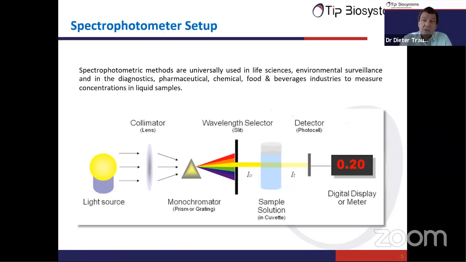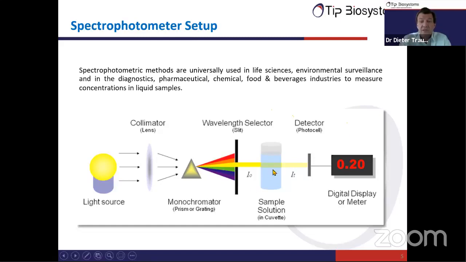And then we mentioned, we want to study the light at a particular wavelength. So this means we have to split the white light of the spectrophotometer into one particular wavelength. And this is usually done with a device in the spectrophotometer that we call a monochromator. So the monochromator creates monochromatic light, so light of one particular wavelength. And that's shown here in the picture. I hope you can see my cursor. And only this monochromatic light, in this case this yellow light, will then enter the sample.